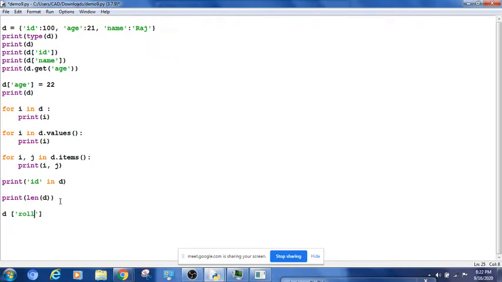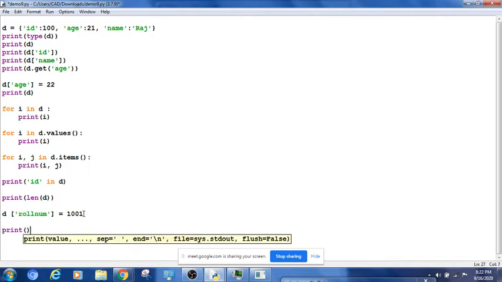I want to add roll num, and my roll num I will give as 1001, something like this. ID is there, but still I added roll number also into this now. So in the existing dictionary, I am adding one more key, which is nothing but roll num, and I am giving value as 1001.